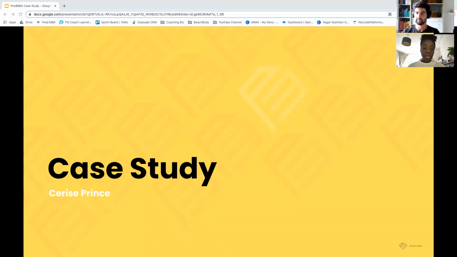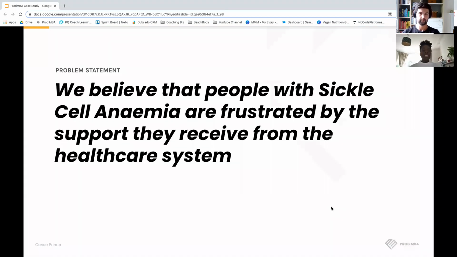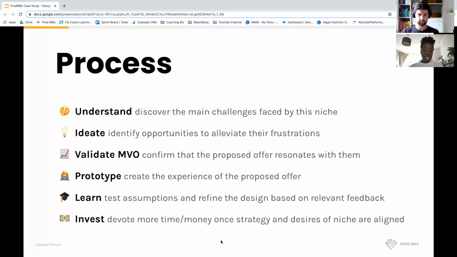Okay, so I'm going to jump straight in. The problem that I was assessing during this program was that we believe people with sickle cell anemia are frustrated by the support they receive from the healthcare system. I'm going to start by outlining the process that I went through to determine whether this hypothesis is